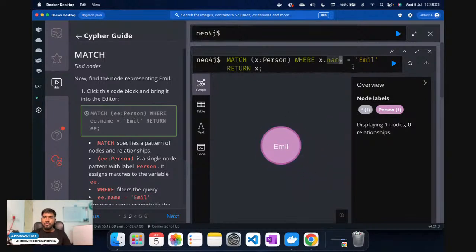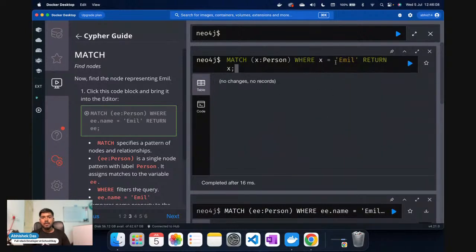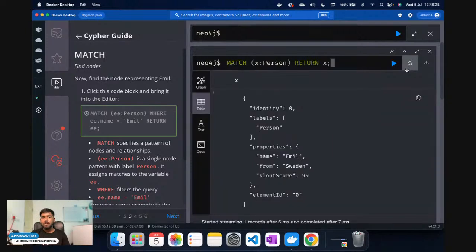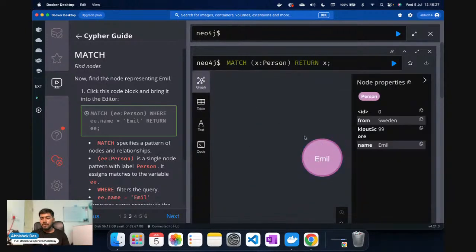If you want to get the whole data, you can just say X is what you need. Let's say we want to return all the person, so we'll remove the where clause, and you can see here we are able to get